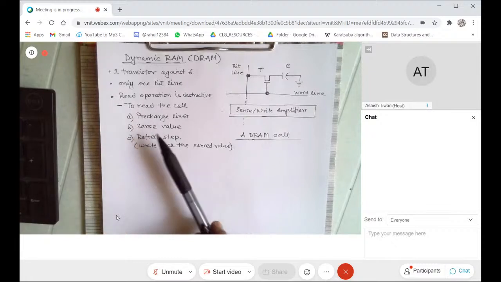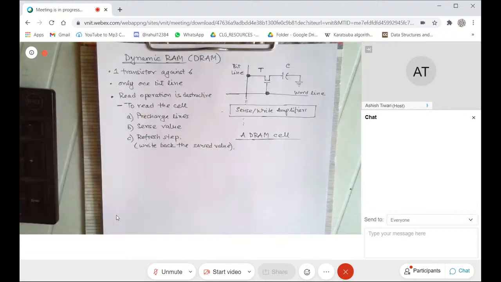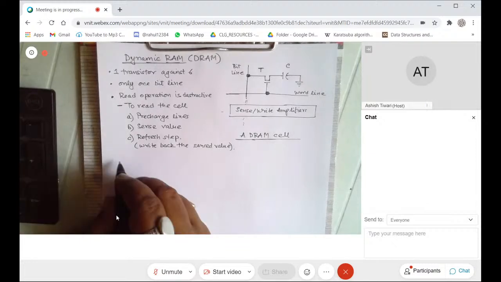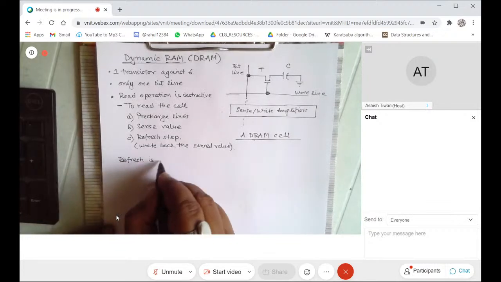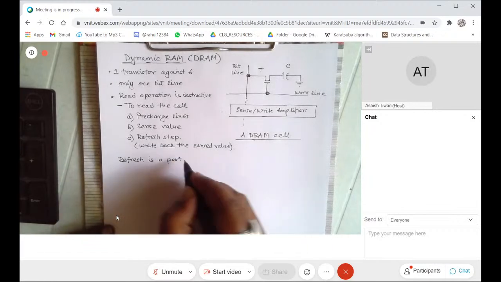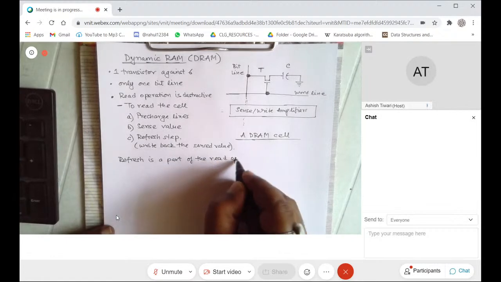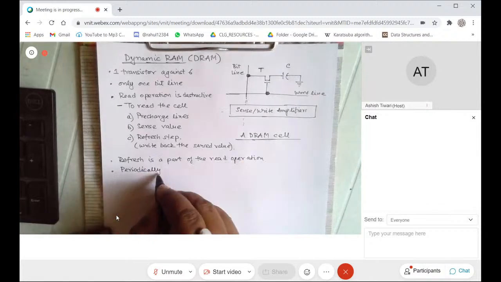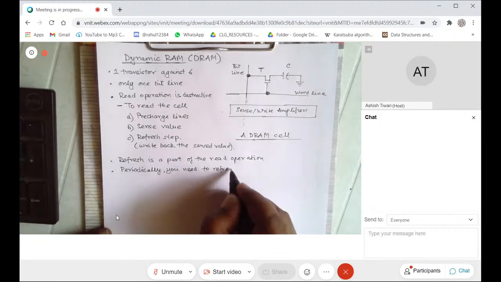Why this is required is because the read operation itself is destructive, which means that if you try to read a cell, you lose whatever is there on the cell. So it seems like refresh is a part of the read operation. That is one thing to appreciate. The other thing to appreciate is periodically you need to refresh the cell,